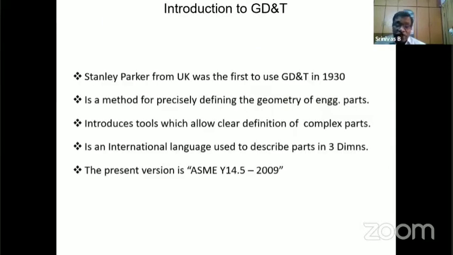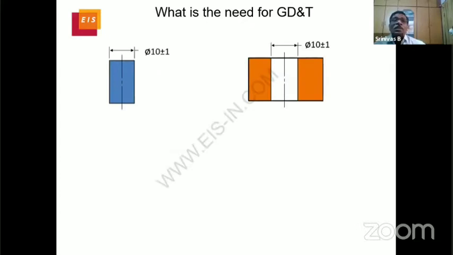Now, ladies and gentlemen, I would like to go and explain something else. Actually, these are all required for some interaction. Without interaction, it would be a little difficult. Nevertheless, we kept the time for that at the end. Therefore, I would like to bring a couple of points to you. I hope many of you must be knowing MMC. MMC stands for maximum material concept. The other one is LMC, least material concept.